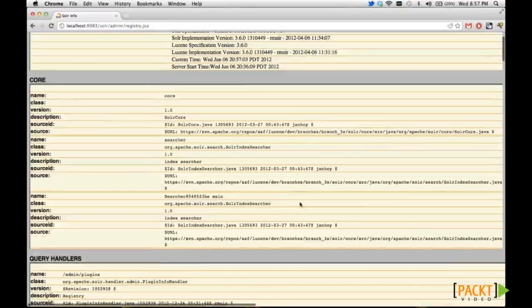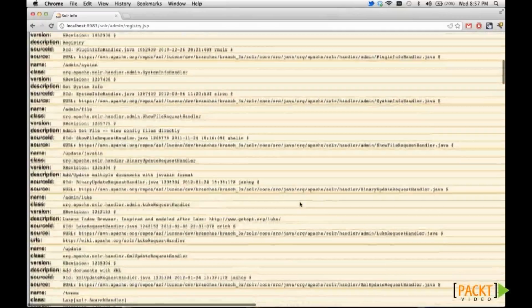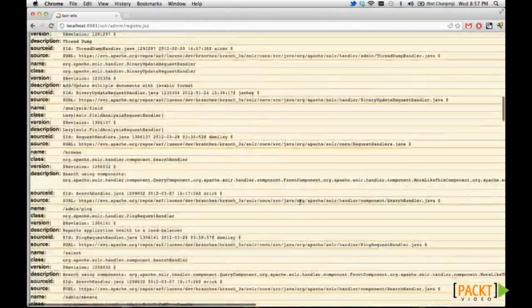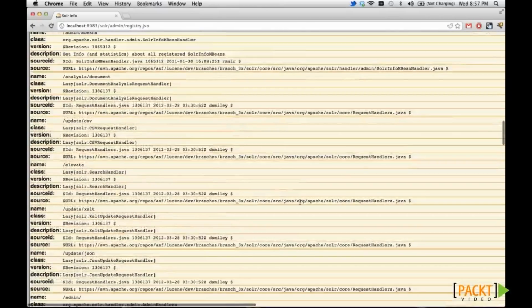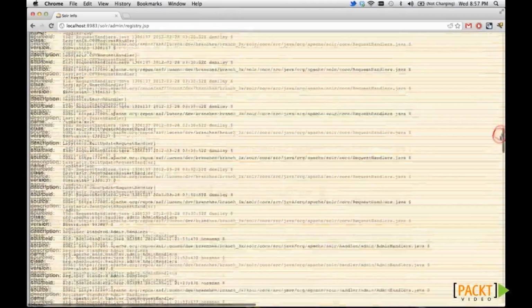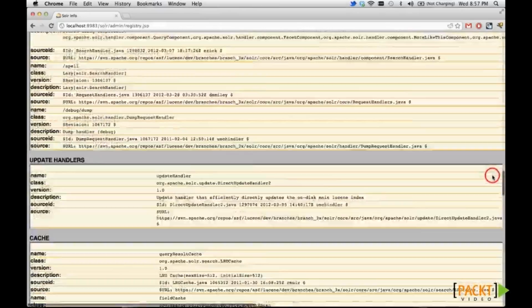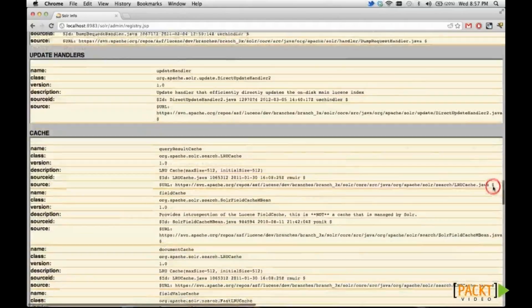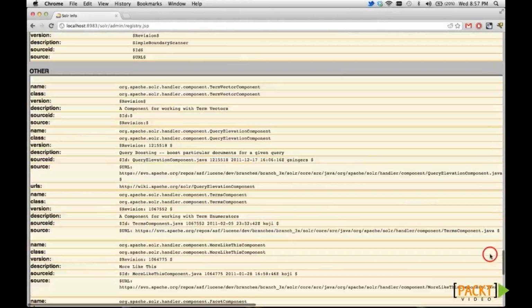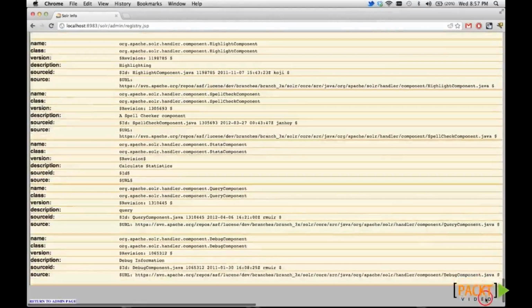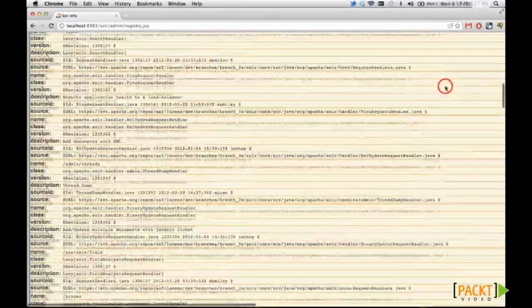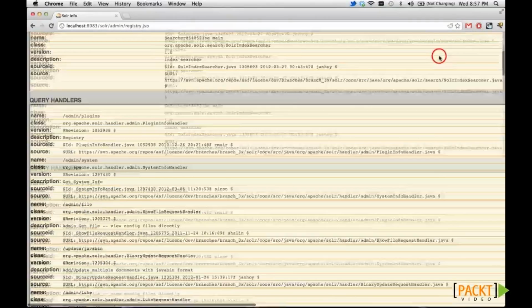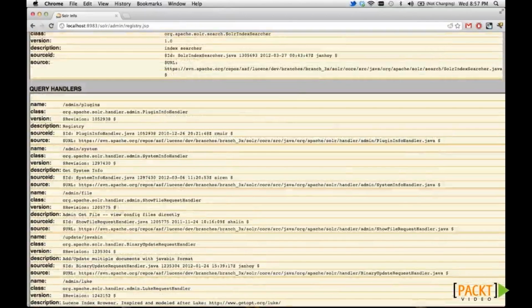This one is really kind of super technical. So if you're working with any specific Java classes, if you had to compile your own version of Solr, then this might be what you want to take a look at to understand exactly what's going on with all of the interworking components. It's highly unlikely that you'll need this, but it's good to know that everything is here to